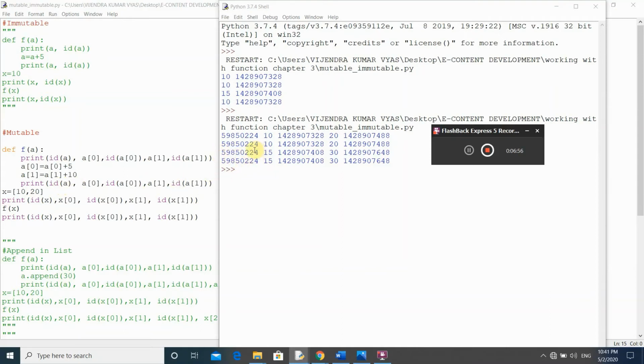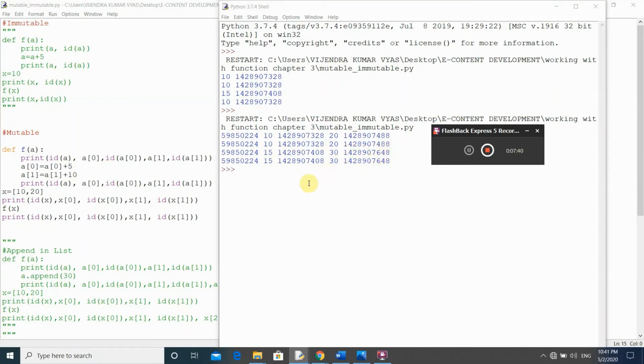The address of a will not change, meaning the container address is not changed here, but the value is changed at a of 0, and here you see the address is changed now, meaning the address of a of 0 is changed, and the value of a of 1 is changed by this expression, and the address is changed here.